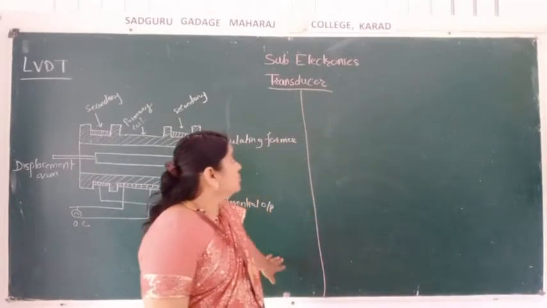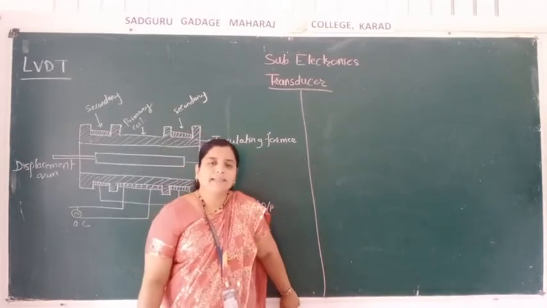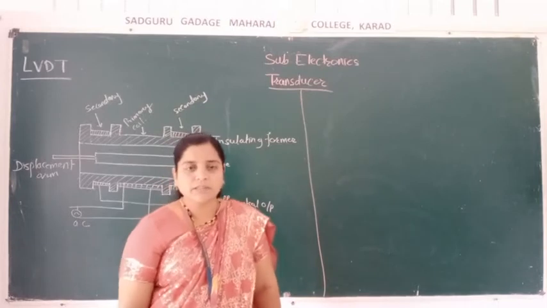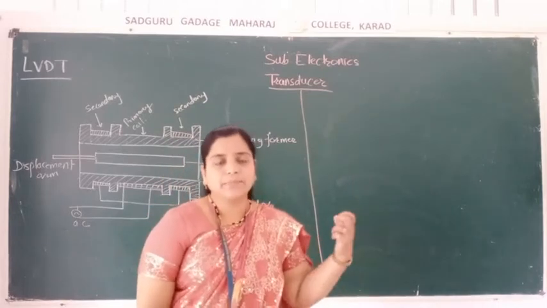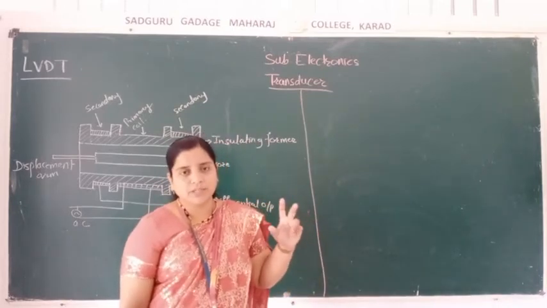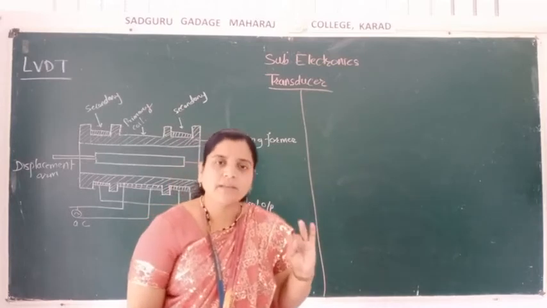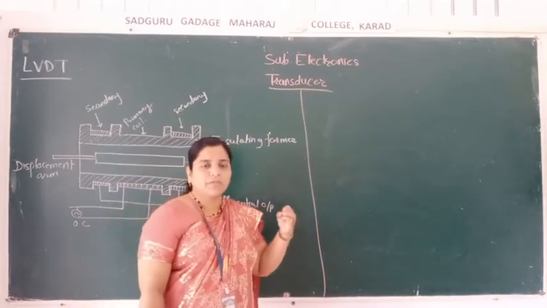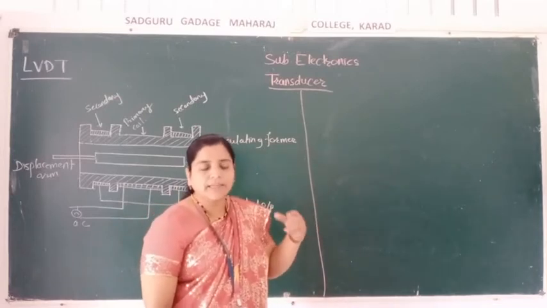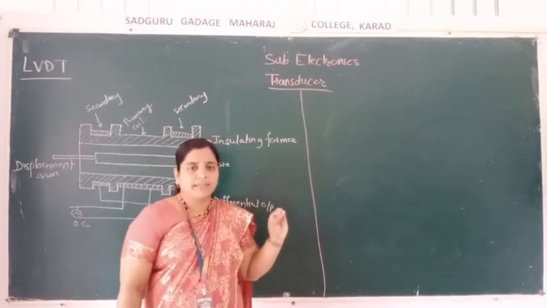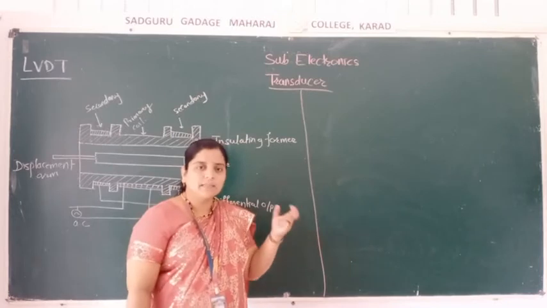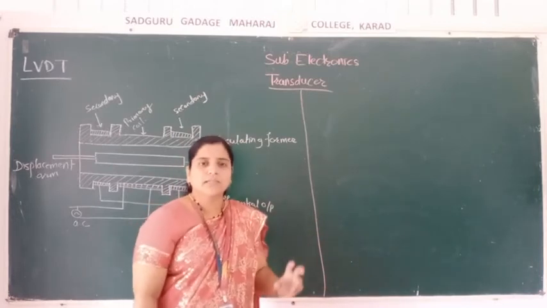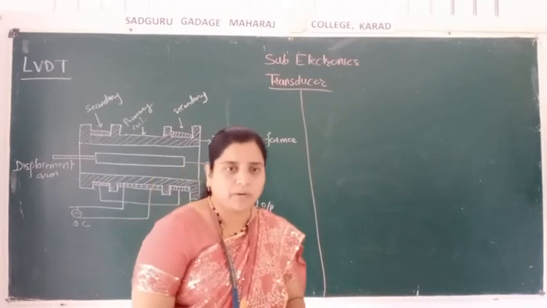Okay, so we have started the chapter on transducers. In that chapter we have seen what a transducer is and the types of transducers. The main two types are active transducer and passive transducer. Active transducer means one which does not require an external supply to generate, therefore it is also called a self-generating transducer. Passive transducers are those which require external power to generate.